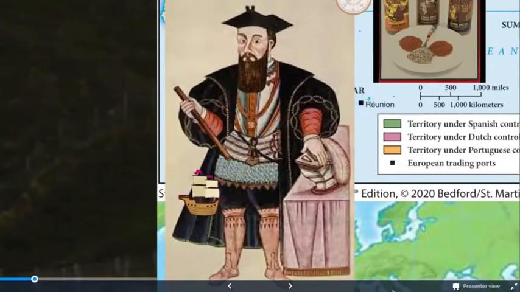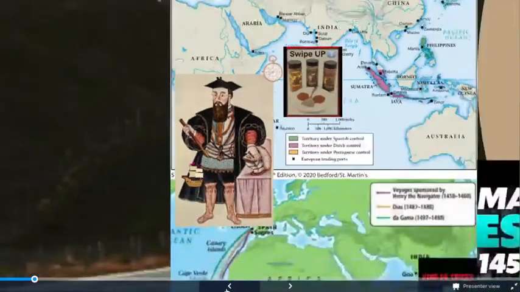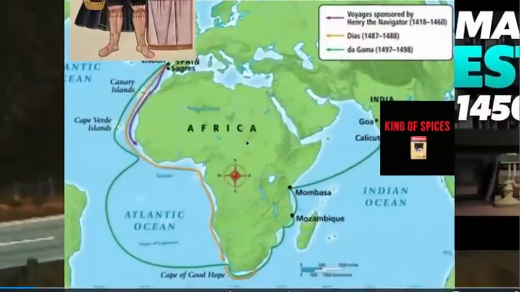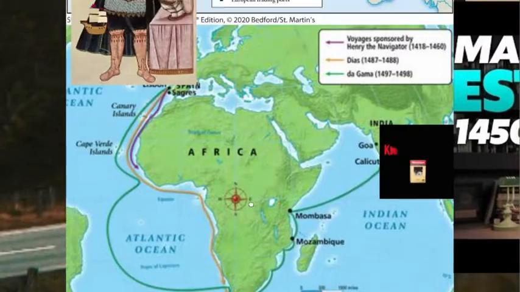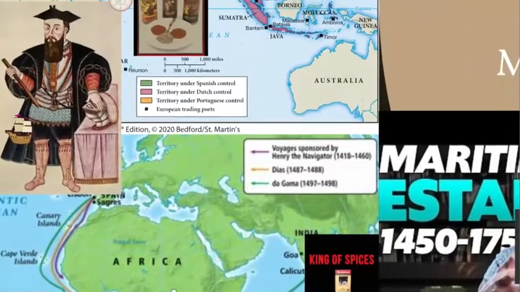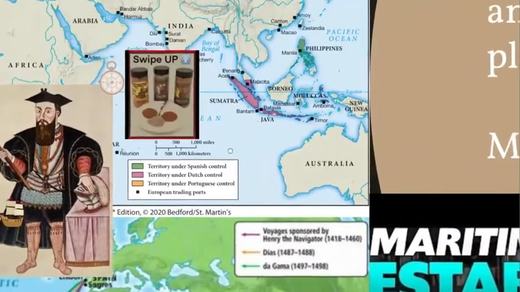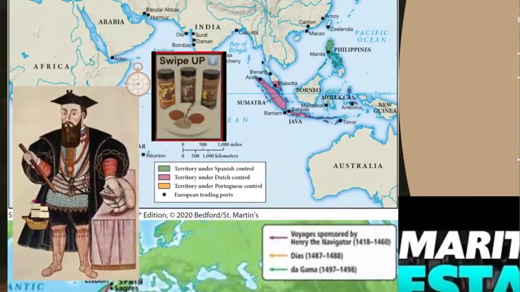Let me go ahead and zoom out of this. We have Africa. Africa is known for ivory, gold, many things. Here is our Spice Islands. This is where everybody is trying to get spices. That is why you have the Europeans trying to travel to get to India, because they want to be able to get over here to the spices.